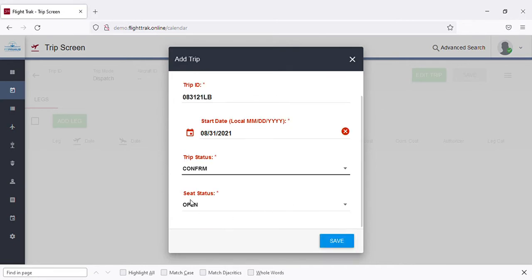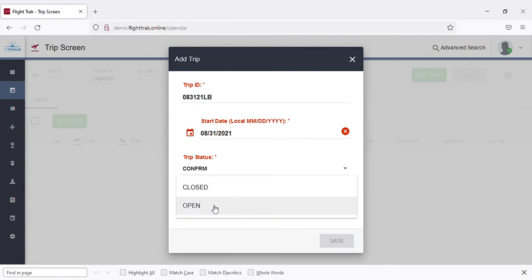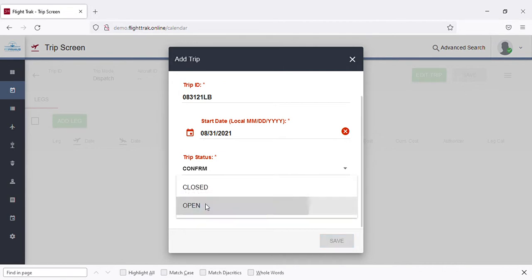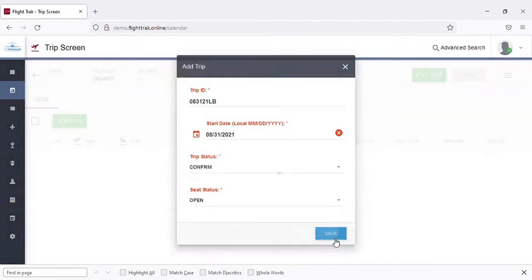You'll be able to show the status of the seats, whether they're opened or closed. This is relevant for the web calendar, because people can look at the web calendar and they can see if there are open seats or no seats, or they can see how many seats are available. If you do not want anyone else to be able to request a seat on a trip, then you can make it closed and it'll show that there's 0 seats available. So you'll save this information